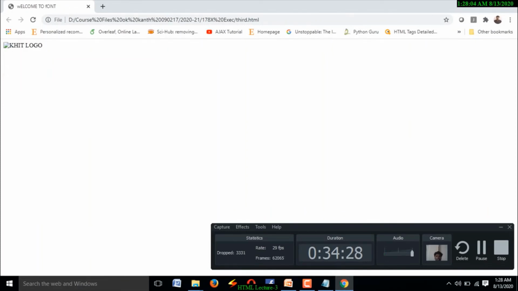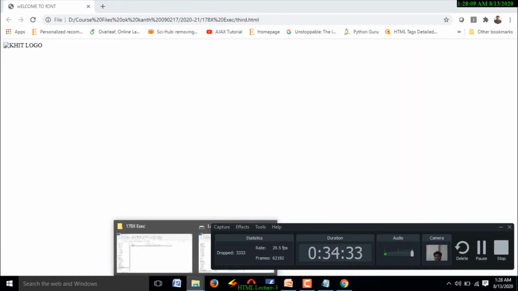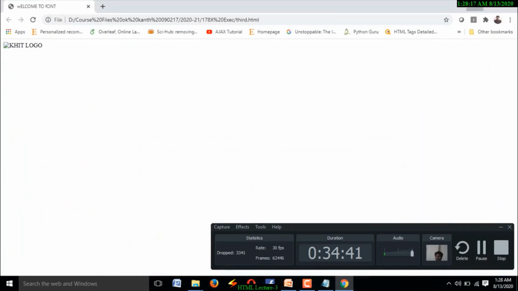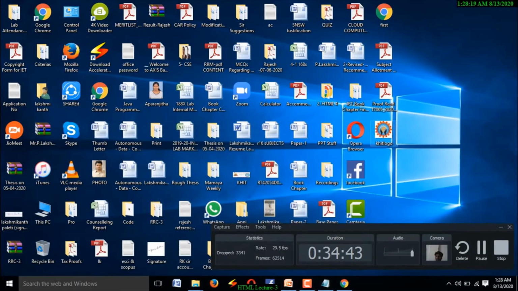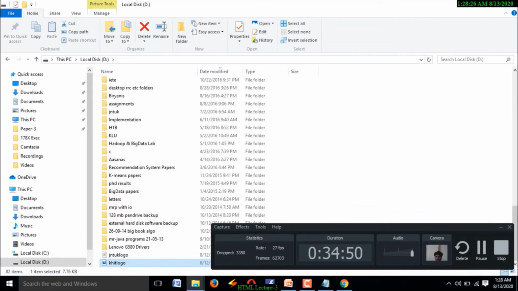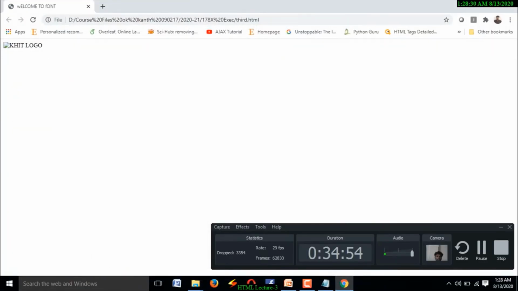See, KHIT logo is not appearing here because in the D drive I removed the logo. See, there is no KHIT logo now. Suppose I place the KHIT logo in the source location. Now it is going to display what? KHIT logo.